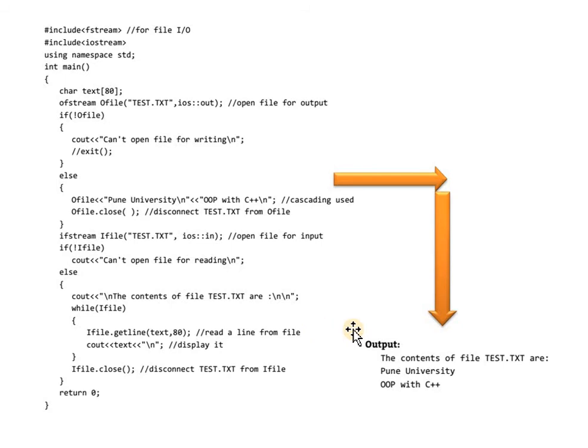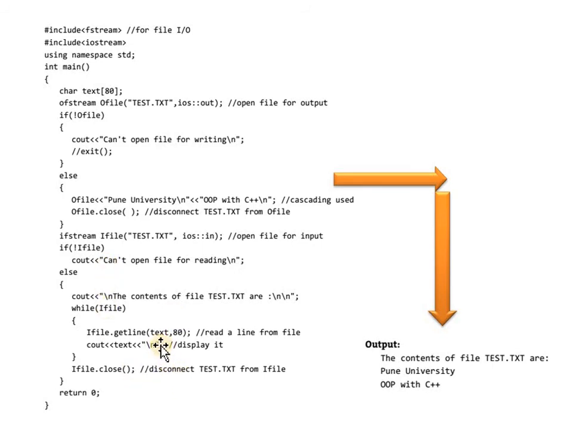This program shows the concept of the getline function. We know that the getline function handles multiple characters at a time. That means the getline function reads the contents of the file line by line. Here the getline function is applied. There are two parameters for the getline function, the first is a buffer.